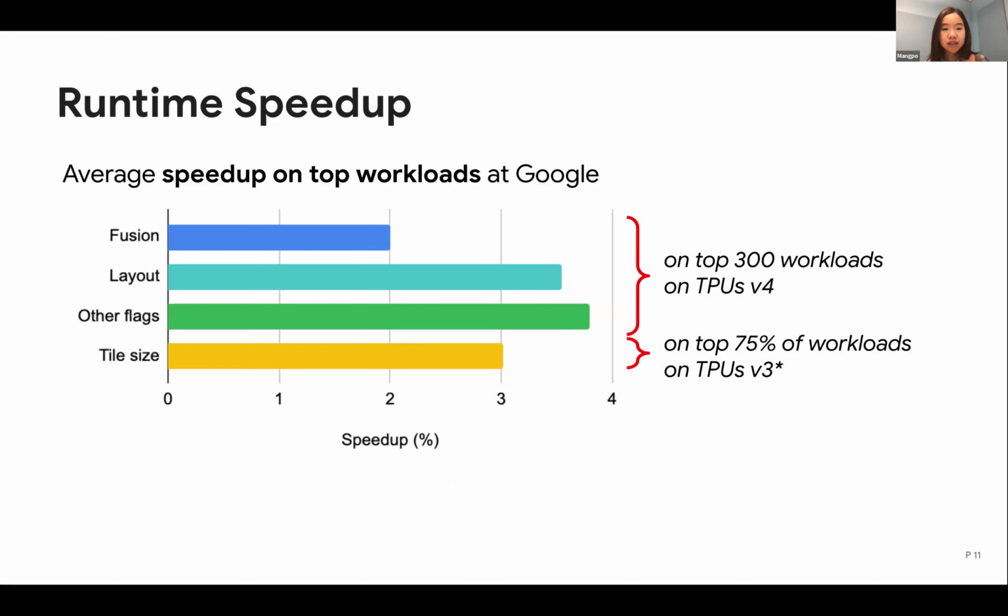For other search problems like fusion and layout, those search spaces are much larger because they operate at the program graph level, and those graphs tend to be really large. The number of choices is exponential in terms of the number of nodes, so you cannot possibly enumerate all possible choices. So for the very first version, we essentially just tried simple search techniques like simulated annealing or genetic algorithm. And this is the result when we use those techniques, right? Here we essentially run the auto tuner for these optimizations one after another, and then measure the speedup